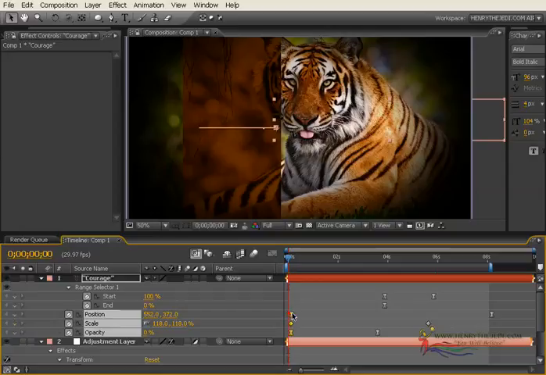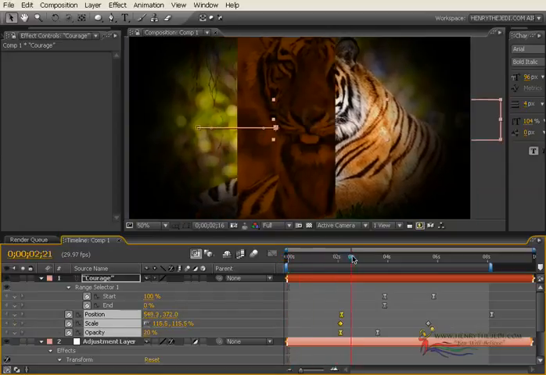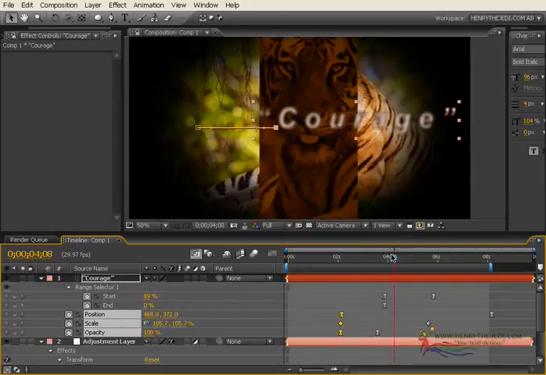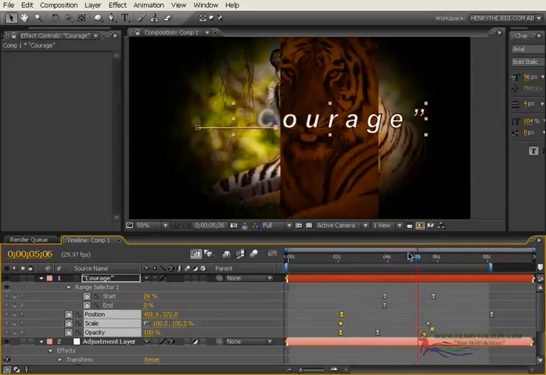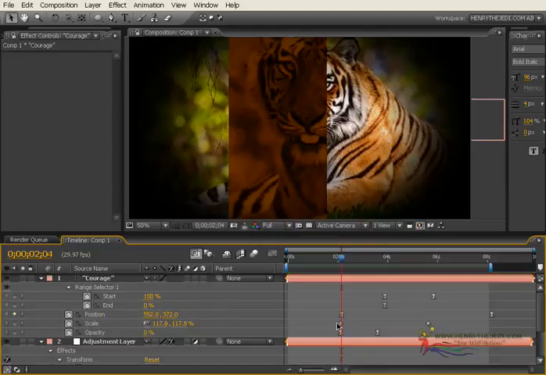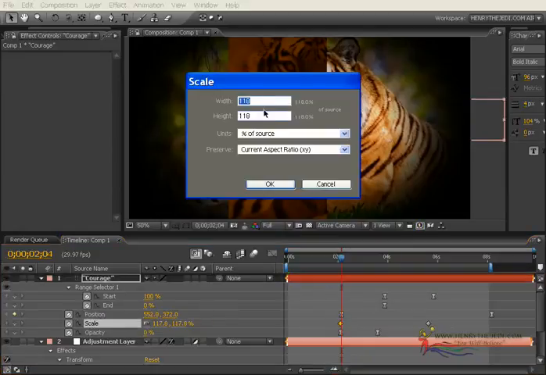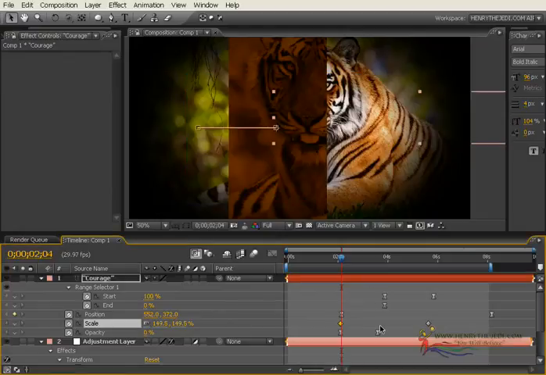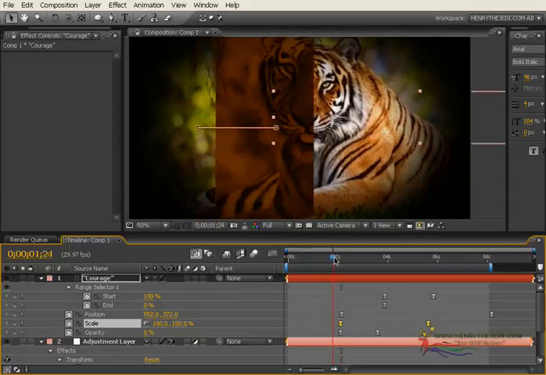And again, we might need to move these keyframes ahead in time, because our text doesn't really animate from the beginning. It only appears around here. And I believe we need to change its scale to something bigger, something like 150%, so that it starts really big. And let's of course select the keyframes of the scale and then press F9 to smoothen them out.